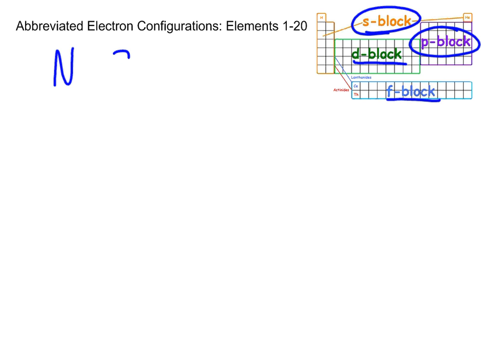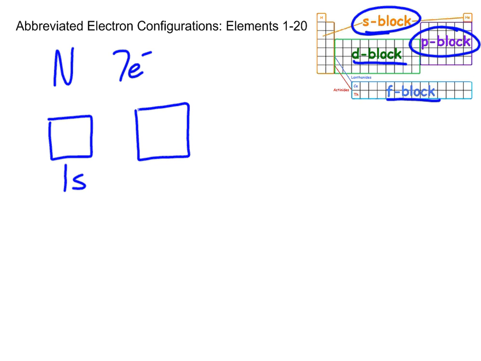Nitrogen has 7 electrons, so it's important to know how many electrons nitrogen has, right? Because it's a neutral atom, we know that it has 7 electrons because it has the same number of protons, and the atomic number of nitrogen is 7. So I'm going to do my orbital diagram. I'm going to make my 1s, I'm going to make my 2s, and then I'm going to make my